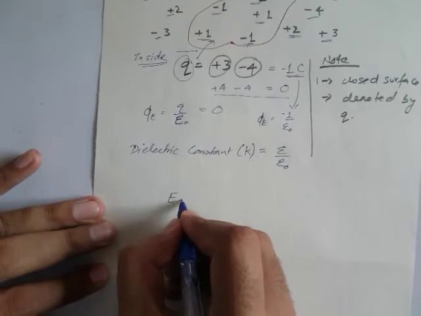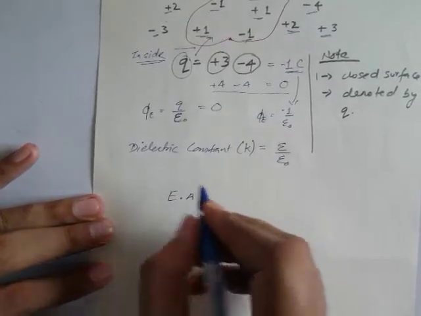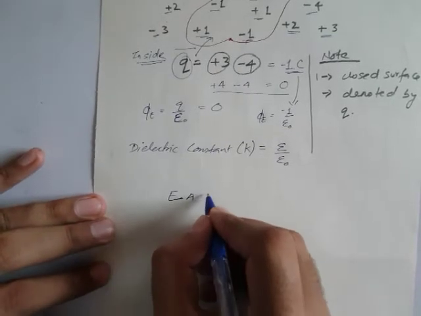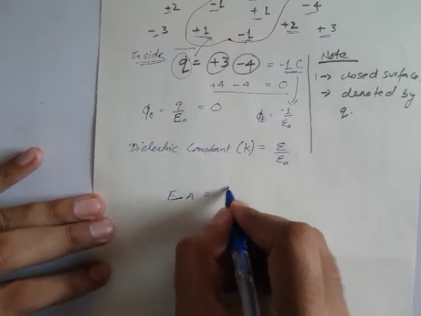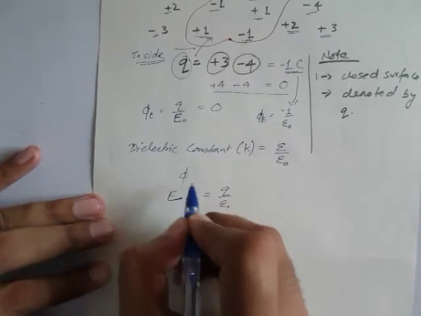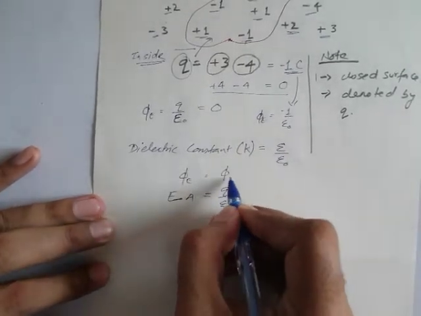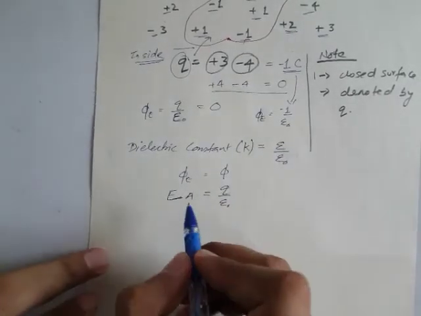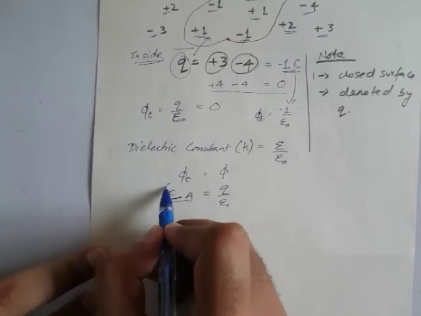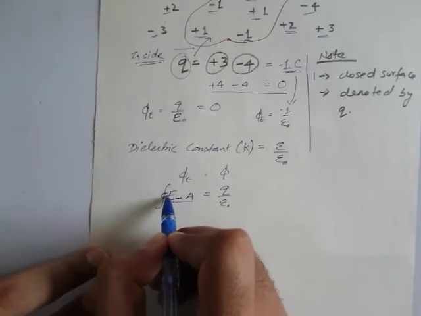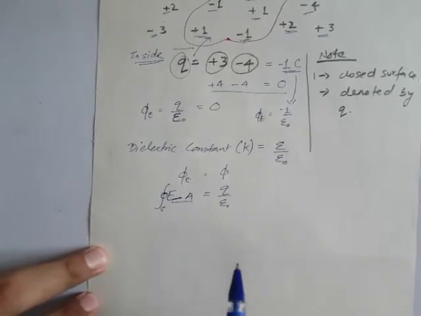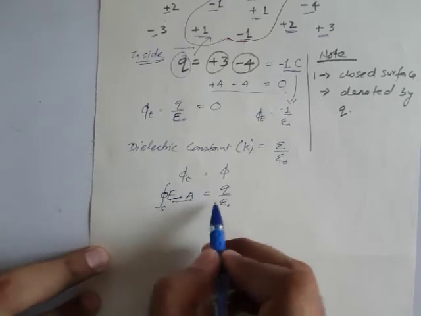Okay, the total flux. If we write the flux here, E dot A, or EA, direct multiplication instead of cos theta, EA equals Q upon epsilon naught, because this is also phi that we calculated in the formula. But here we need to show that it is a closed surface, so we need to draw an integration circle over here. It is showing that it is a closed surface, or we can write S below. Okay, EA over a closed surface, that is the proper notation.